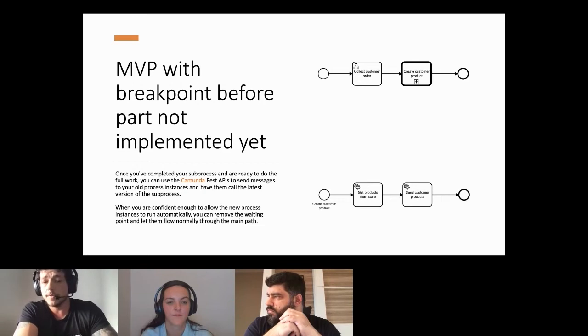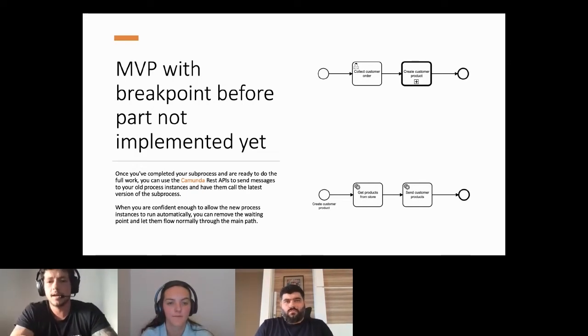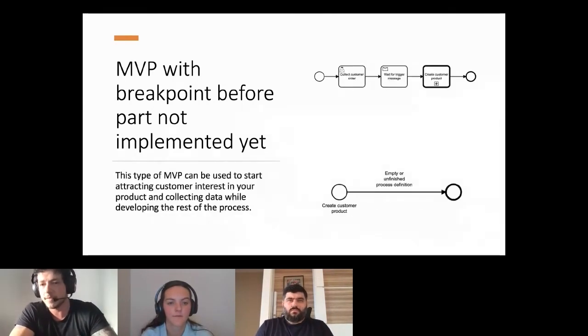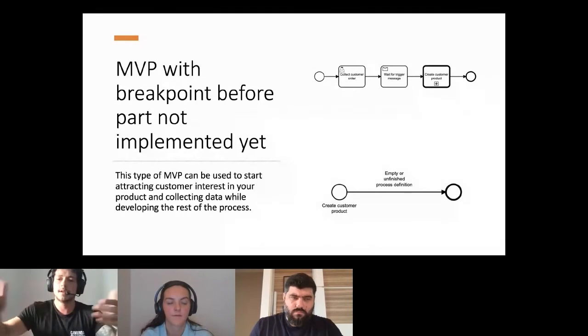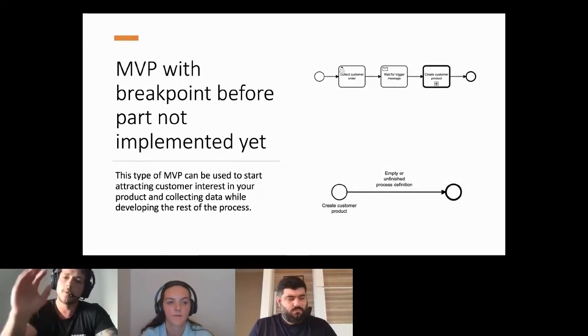And when you are confident enough to allow the new process instance to run automatically, you can remove the waiting point and let them flow normally through the main path. So many times we want to continue with this version with a breaking point for some weeks, maybe some months, just because we aren't confident enough to let this process flow fully automated. So we leave this waiting point.